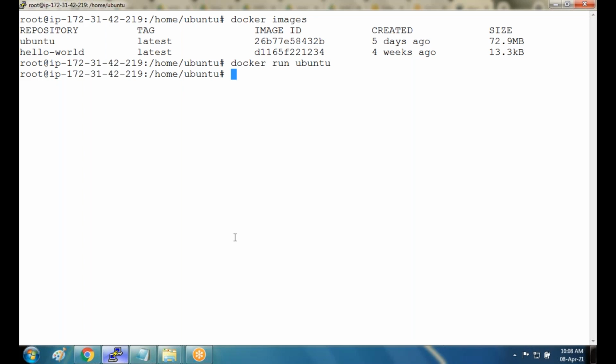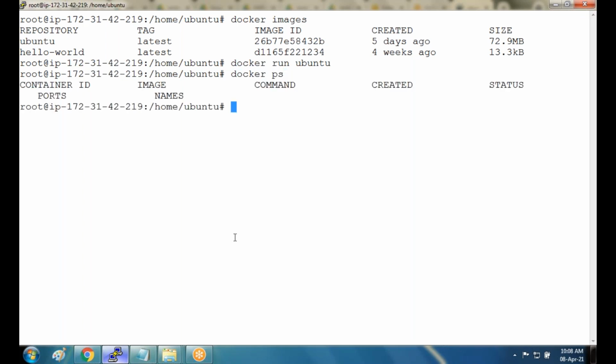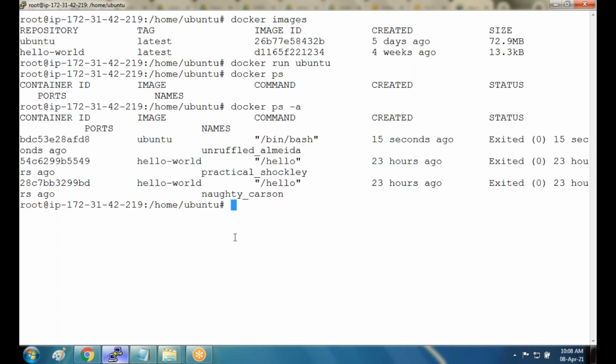So how do I see the list of running containers? docker ps. Do we have the container running? No. What is the status? Again, exited. Why is it exited? Why has this stopped? This is stopped because whenever I run docker run Ubuntu,